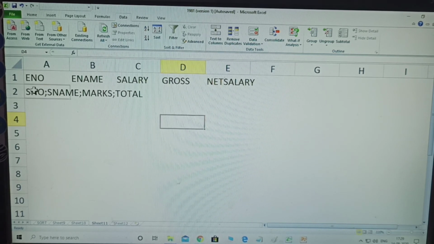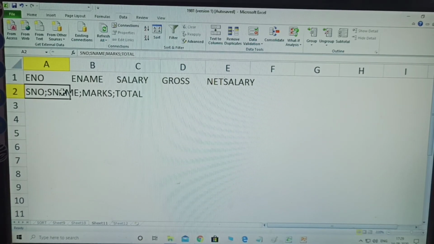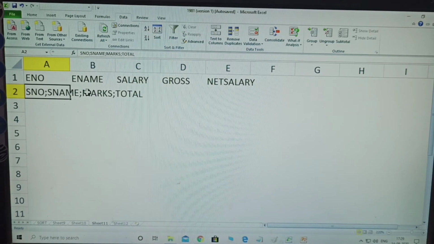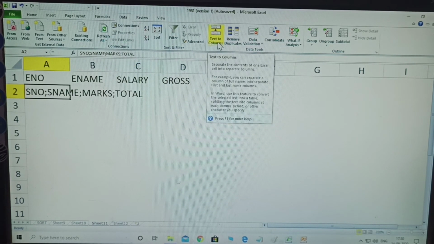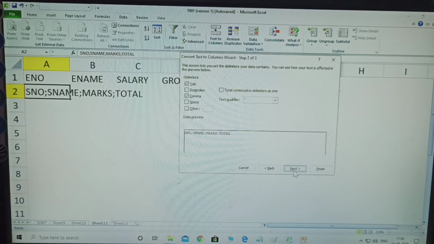Okay. Next one. Again, select only one cell. Why? Because I entered it in one cell only, I did not enter it in the other cells. Observe here. Again click text to columns. First, click only next. What is given here? Semicolon.